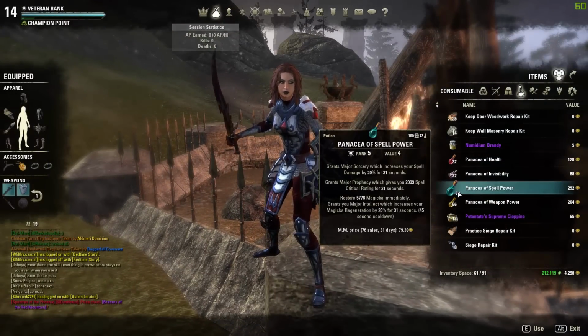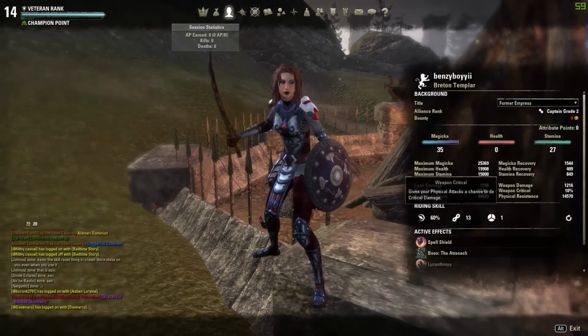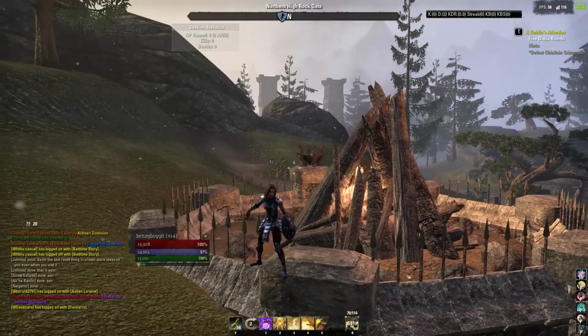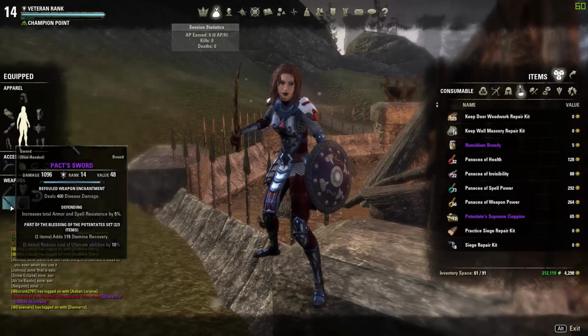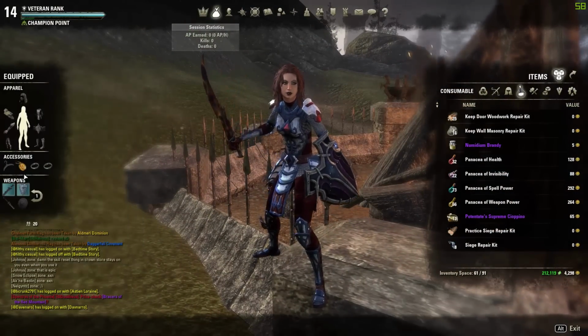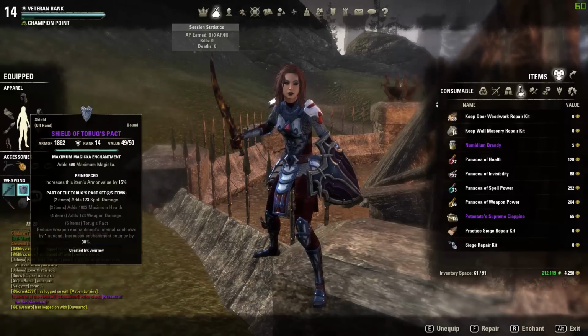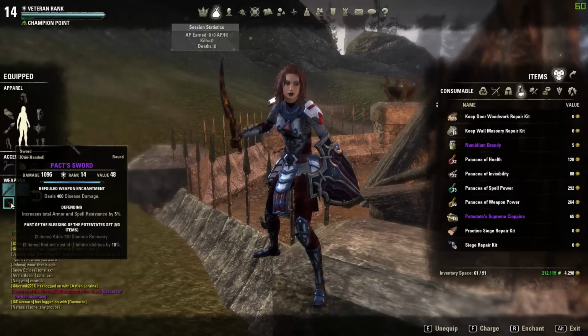I do use spell power pots to gain that Magicka back, but to be honest, this build only has 1500 tops Magicka regen, and it's all you need. I feel like I'm not missing out by not having Resto Staff. So yeah, I'm running Sword and Board on both bars. I don't have skill points for Resto Staff, but even then, I wouldn't sacrifice Sword and Board for Resto Staff